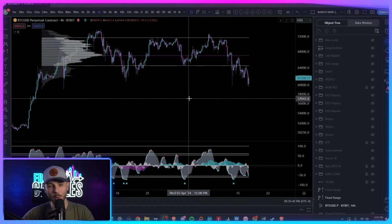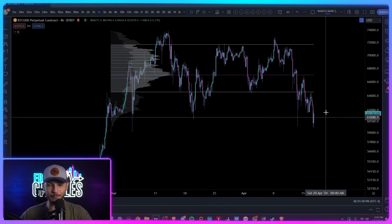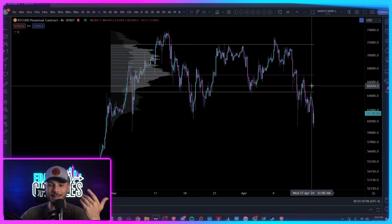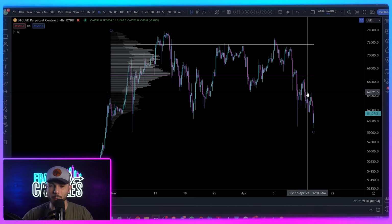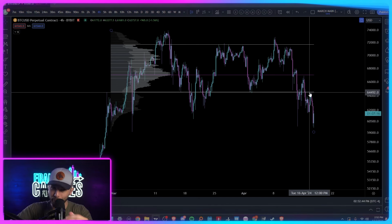Let's get into it. So guys, here we are on the Bitcoin chart. And if you guys watched the live stream at 5:45 p.m. Eastern Standard Time last night, you will know we were talking about a very important level of support that if we were unable to reclaim would likely cause another move to the downside. Now, the level that I was talking about was the value area low sitting here at about $64,550. Now, this level does move depending on what time frame you're on or what exchange you're looking at, etc. The zone we were looking at was between 64,500 and 64,700, as this was the value area low of our